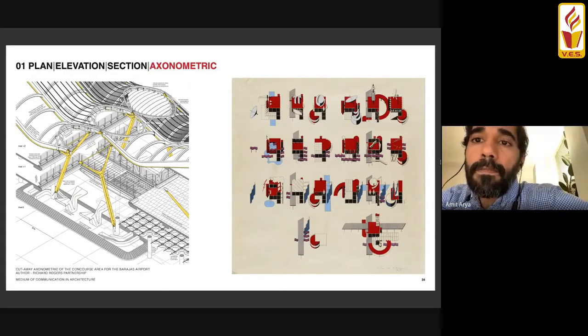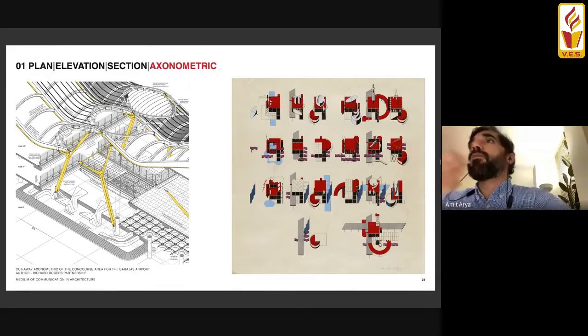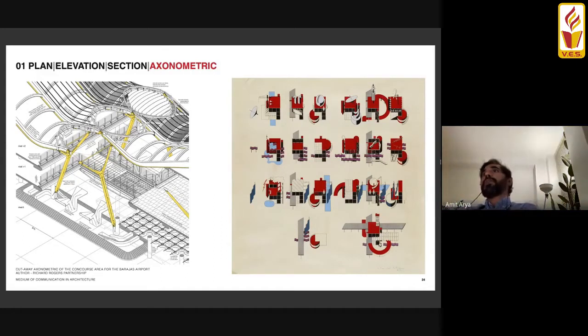And here, the main reason for the drawing is to explain the complex set of conditions with which the trusses hold the main concourse area and the roof. As you know, airports are all about minimal structure and maximum circulation areas. And what better way to depict a drawing than something as complex as this, where in an axonometric, the information can be organized